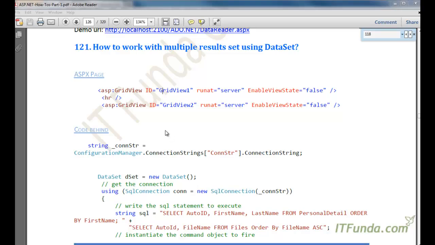In this how-to, we are going to learn how to work with multiple result sets using DataSet. There might be a scenario where your stored procedure has two select statements, and that will naturally return two result sets. So in that kind of scenario, instead of using a data table with the SQL adapter, you will have to use DataSet. So when you call the SQL adapter.fill method, instead of passing a data table, you will have